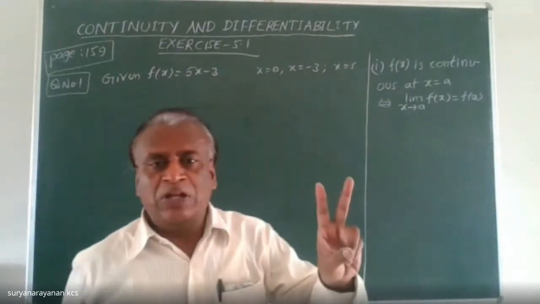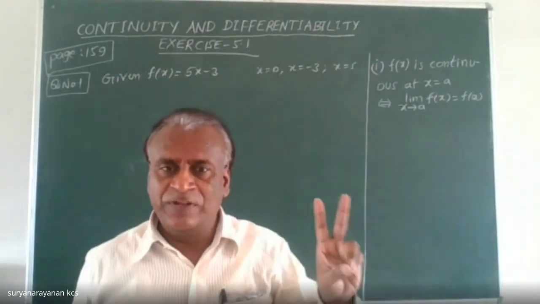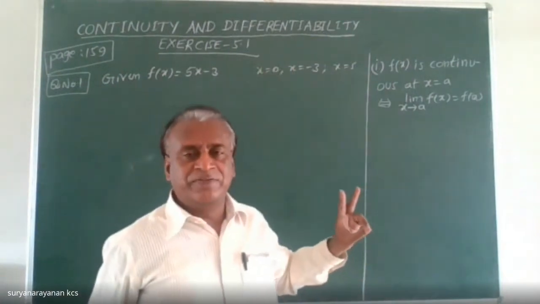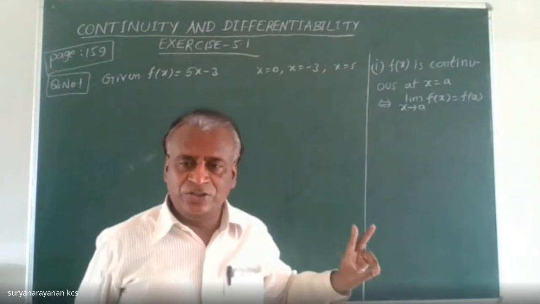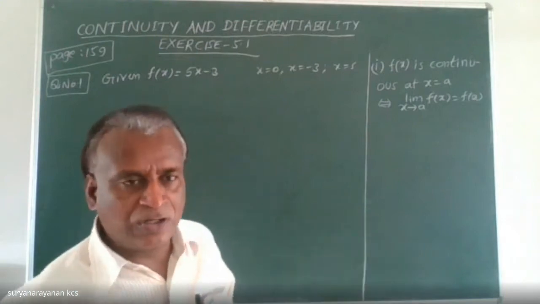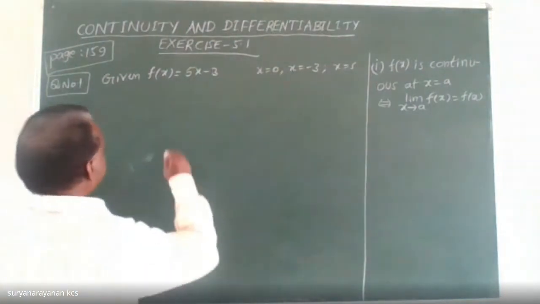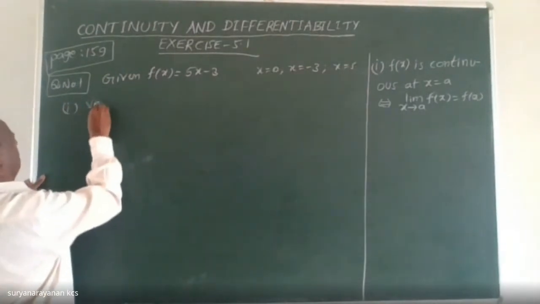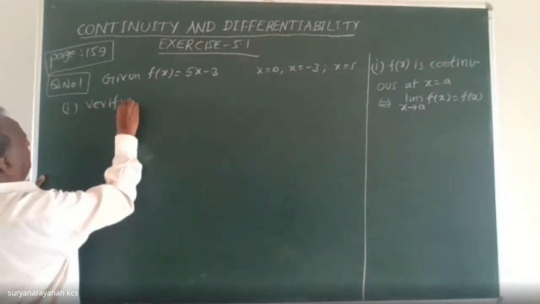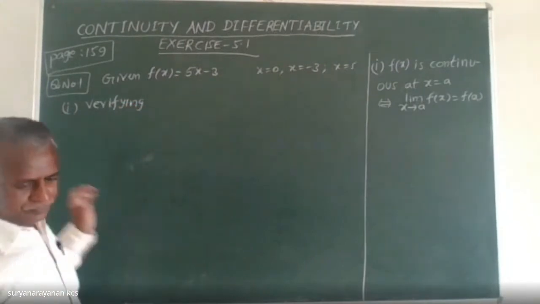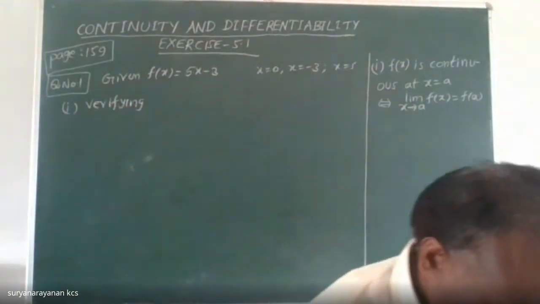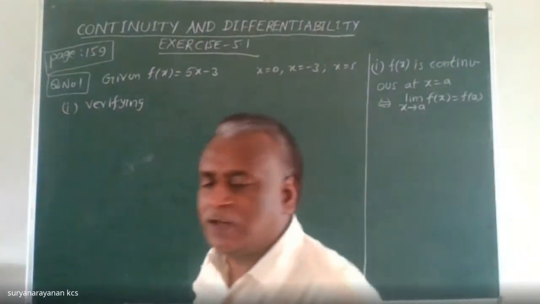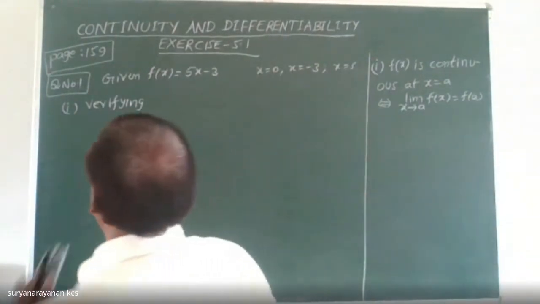If the two values are the same, only in that case we say that it is a continuous function, otherwise it is not continuous. Prove that. It is asked here, prove that. So to show that